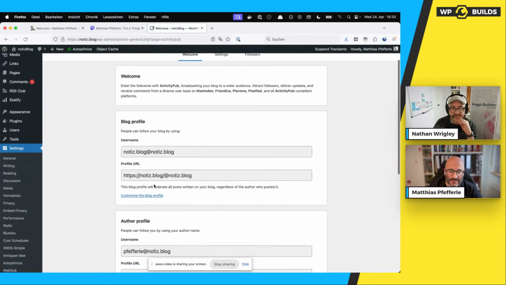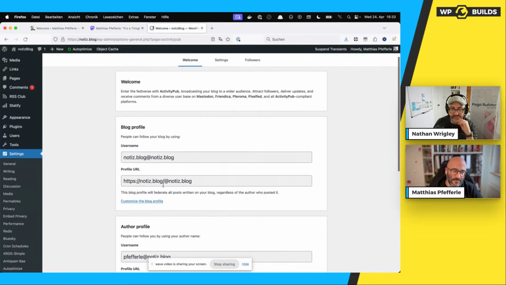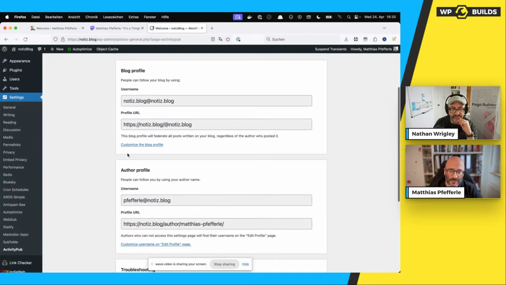and the welcome screen shows you, for example, your new profiles, because this is something new, and this is kind of a learning curve, because from Twitter you are trained to only have a small username. For example, my username on Twitter is my last name, Pfefferle. But because Mastodon and ActivityPub and the Fediverse are decentral, you have to also tell the other one